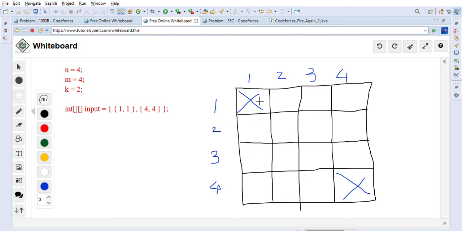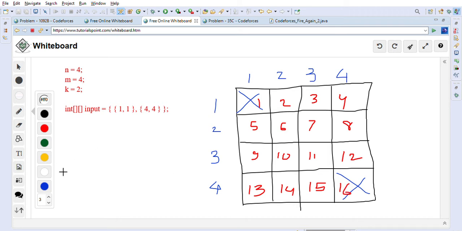Basically, we will give them numbers, right? Let's say these are numbers 1 2 3 4. This is 5 6 7 8, then this is 9 10 11 12, and this is 13 14 15 16, right? Because writing coordinates will be difficult in the queue, so I'll just use these numbers, so it will be easy for me to write and explain, right?